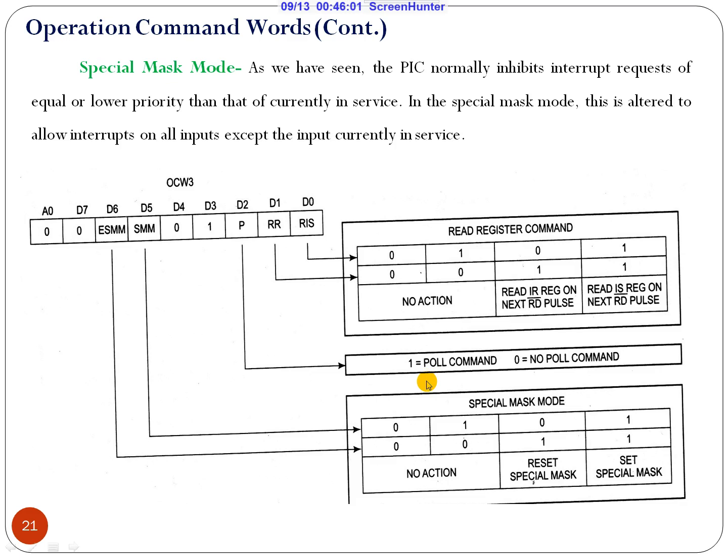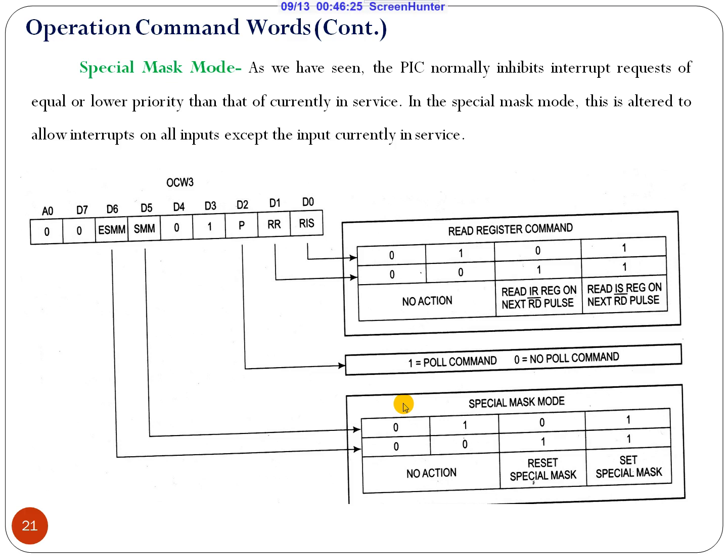If we are going to set polling or vector interrupt processing, then we can go for this particular setting. If we are going to use the poll, it is going to be 1. If we are going to use the vector interrupt, then we go for 0.